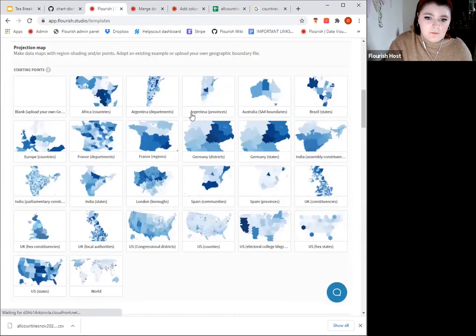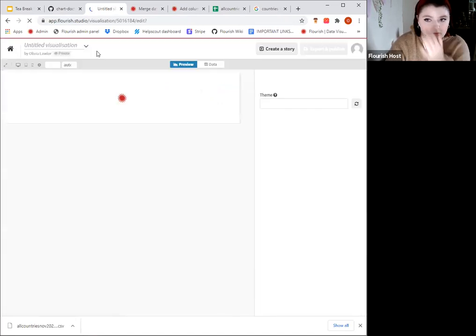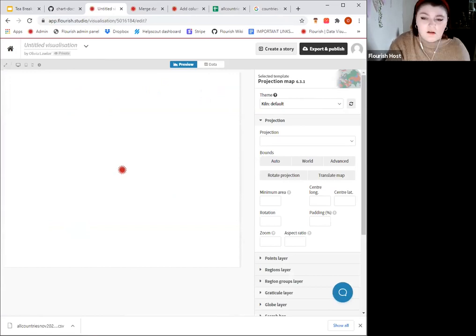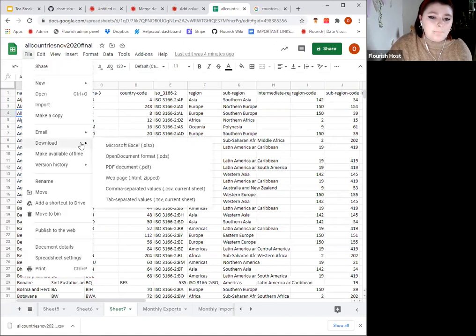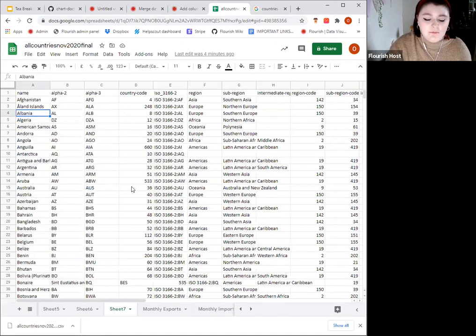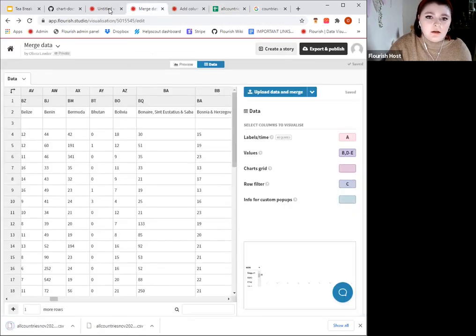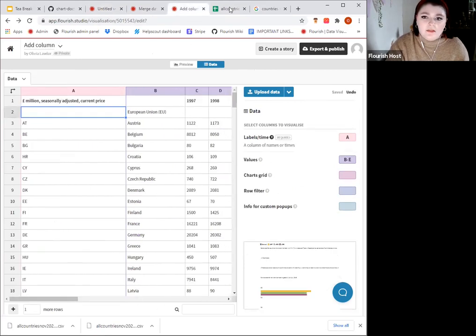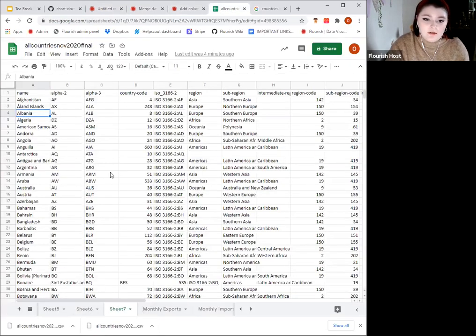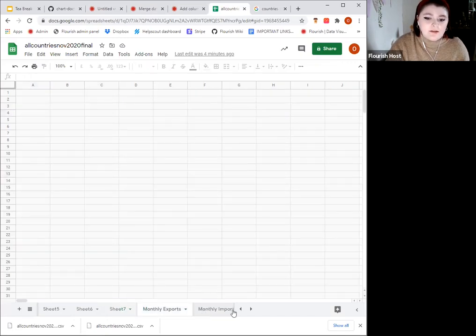So I'm going to go to projection map and I will go onto world. I am going to now save this because we've just imported this in. I'm going to download it as a CSV. There we go, that's come in. And then we have our world projection map. We want to keep these GeoJSONs as it makes it a lot easier for us. And we want to import our data with, oh, one second, I will actually import the sheet data in.